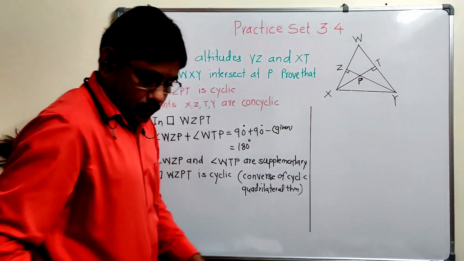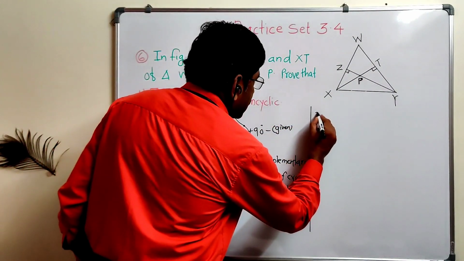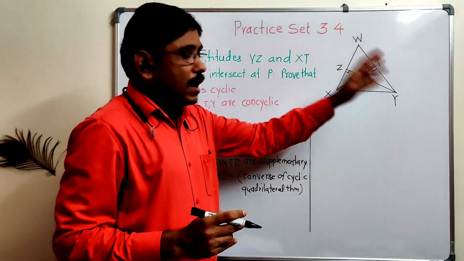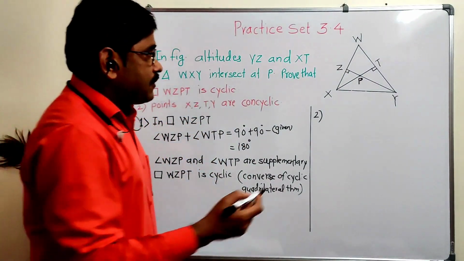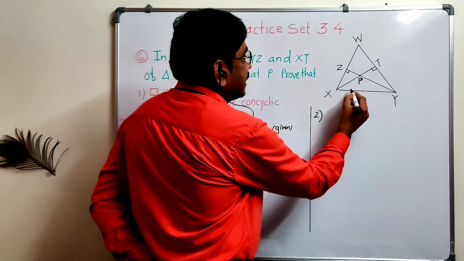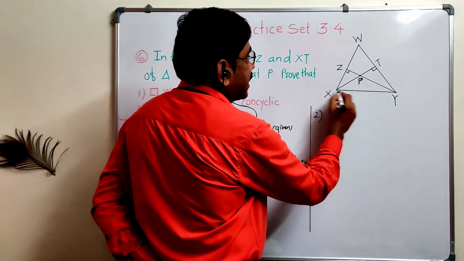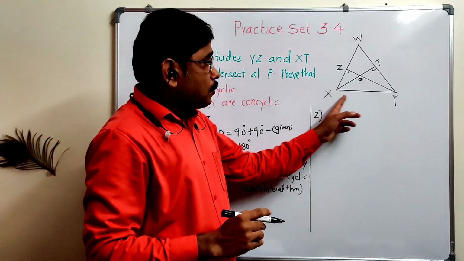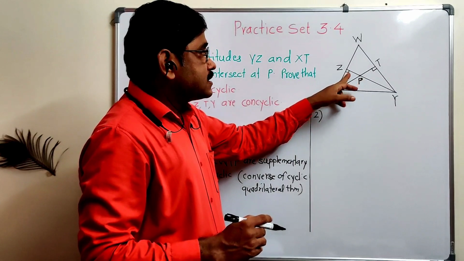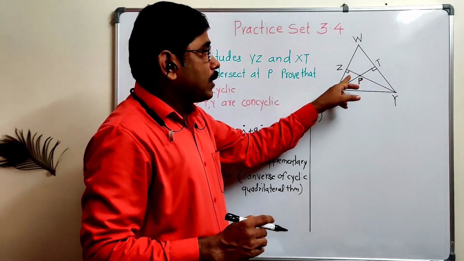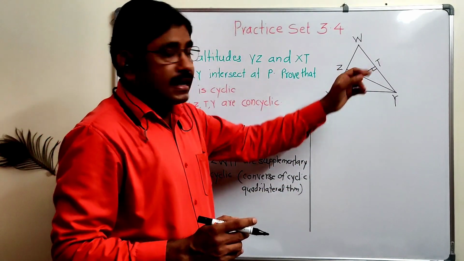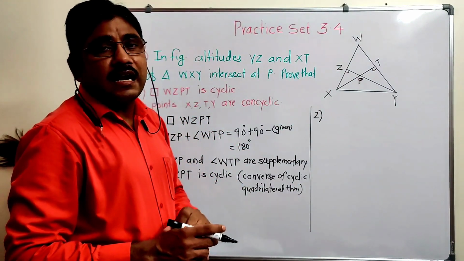So here, what is the second point? We have to prove this x, z, t, y are concyclic. If we observe this x and y, suppose xy is one of the line and 2 points are there, x and y on the line. Now these 2 points on the line, 2 distinct points on the line, subtend or make congruent angles at 2 other points, this z and t. Then these are called concyclic.